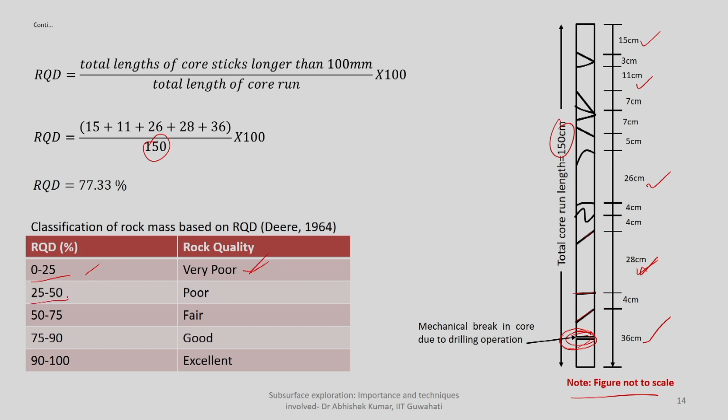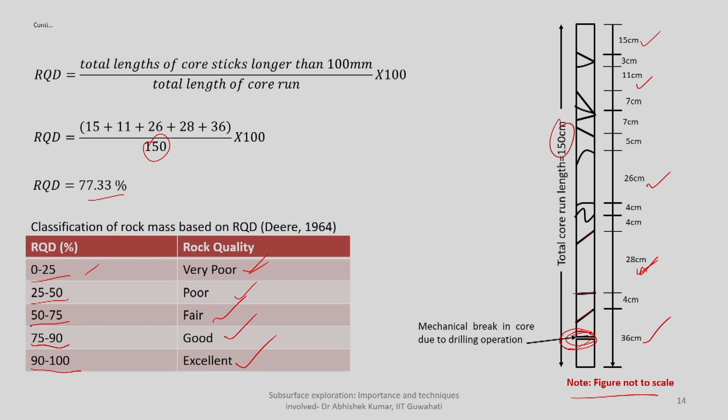Then 25 to 50 you can call it poor, slightly better, but still the RQD is too low to be called good. Then 50 to 70 it will be called fair, 70 to 90 you call it good rock, and if it is 90 to 100 you call it excellent rock, considering the foundation material, considering it for bearing capacity or other property determination, because finally it is available beneath the ground surface. So finally your load has to come here. In order to classify whether it is suitable for any kind of purpose, you have to determine RQD.